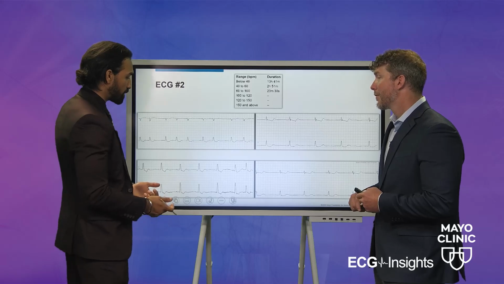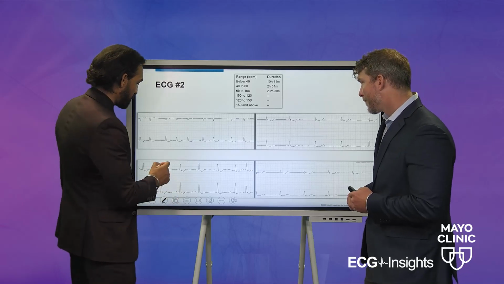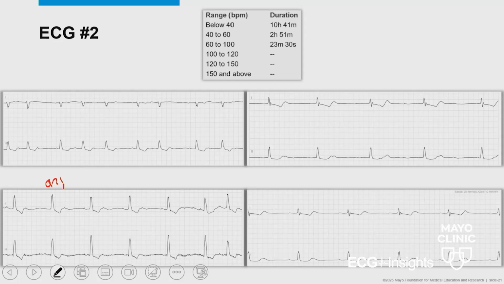But there are other clues. If you have 2-to-1 AV block in a patient with a wide QRS, like in this case, it's slightly atypical if this is the same patient, because lead 1 should be tall, monomorphic. It was left bundle branch block. But let's say there's some conduction disease in the ventricle and the QRS is wide, the 2-to-1 AV block is more likely infranodal. So more likely Mobitz 2 than Mobitz 1.